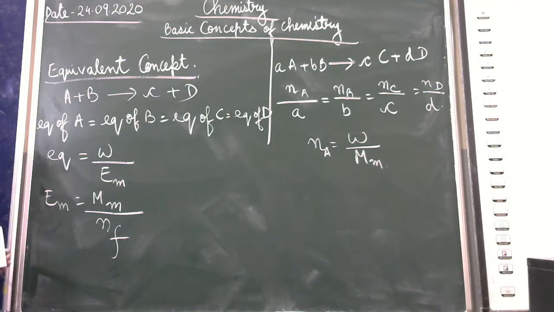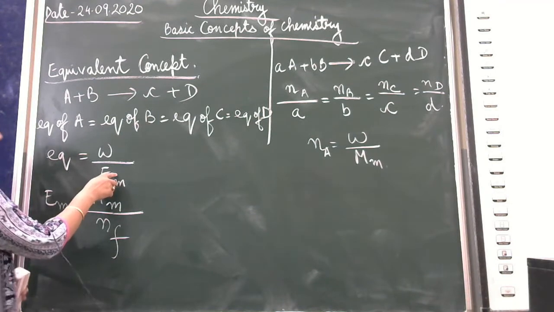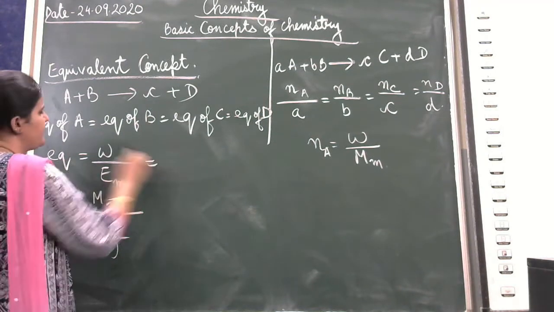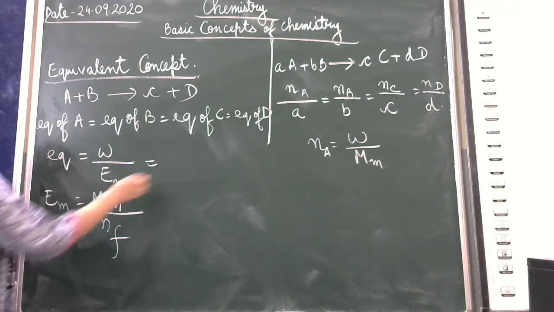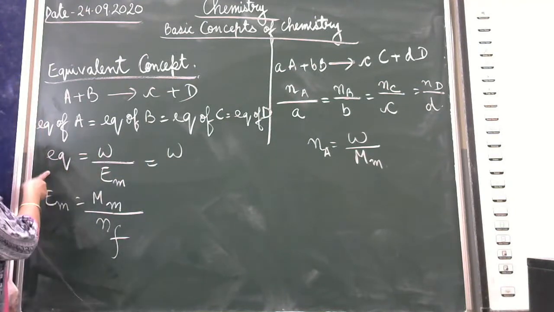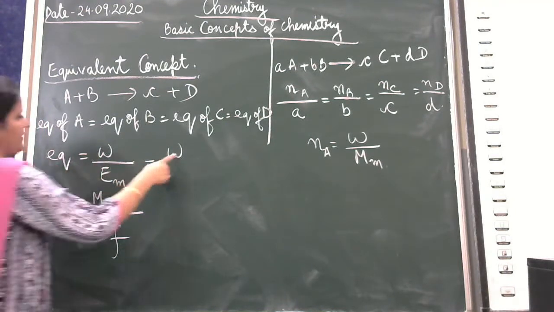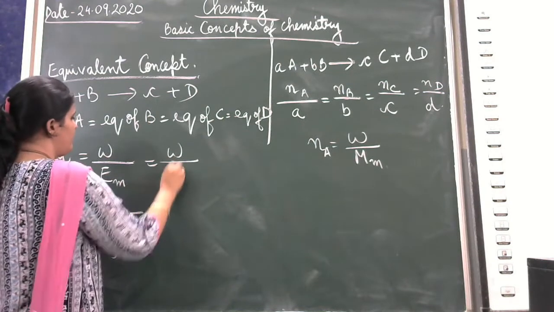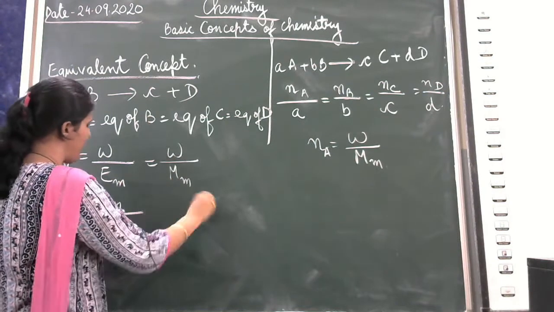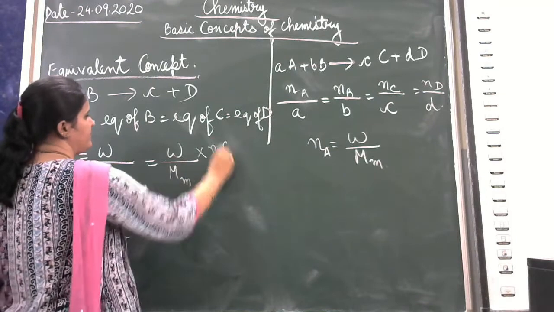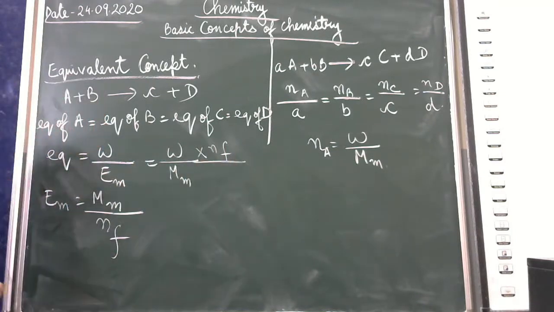Now, see what I am doing. I can put this value of equivalent mass over here. In this equation, if you put this formula, what will I get? How am I calculating equivalence? W divided by molecular formula divided by n. Okay. This becomes my